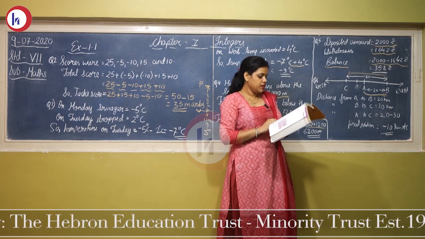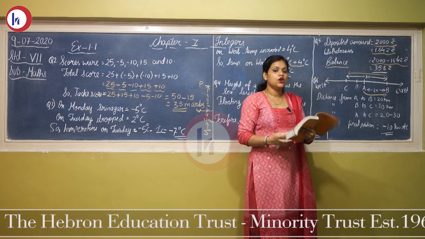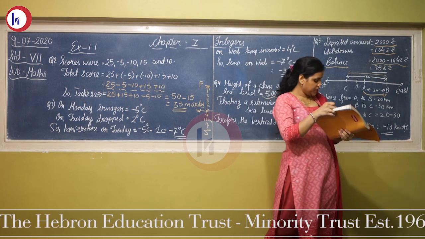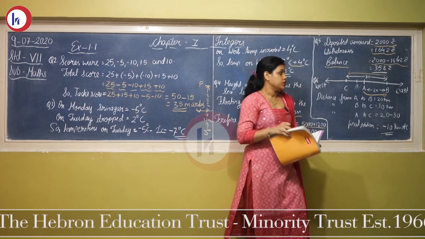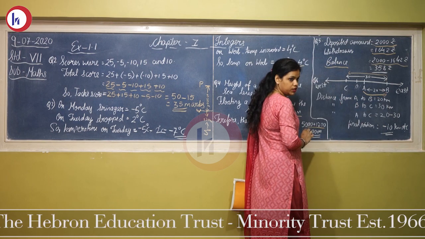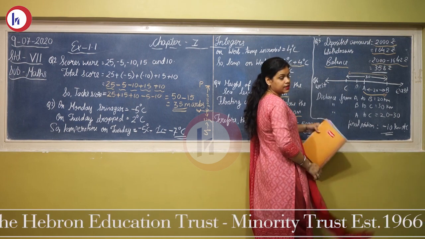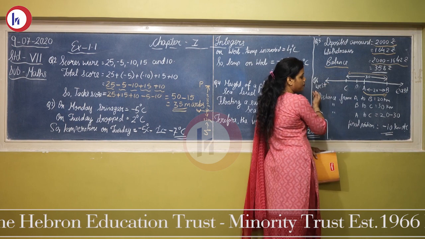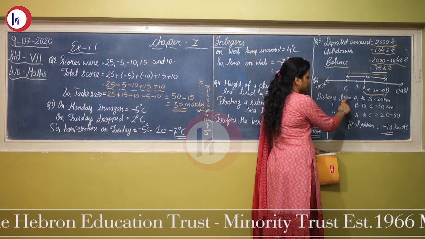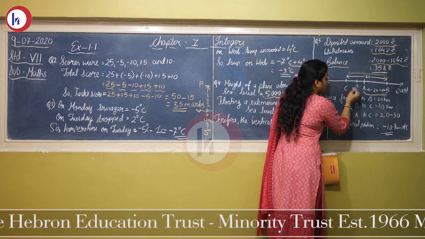On the same road. If the distance towards east is represented by a positive integer, then how will you represent the distance towards west? Obviously, if this is shown as positive, the opposite will be shown as negative. So, by which integer will you represent her final position? Suppose she is traveling from A to B as 20 kilometers, positive 20 kilometers. And from B to C, she is coming back 30 kilometers, that is minus, means she is moving back, so we will represent that as minus. Now it is asking what the final position is, that is from A to C.